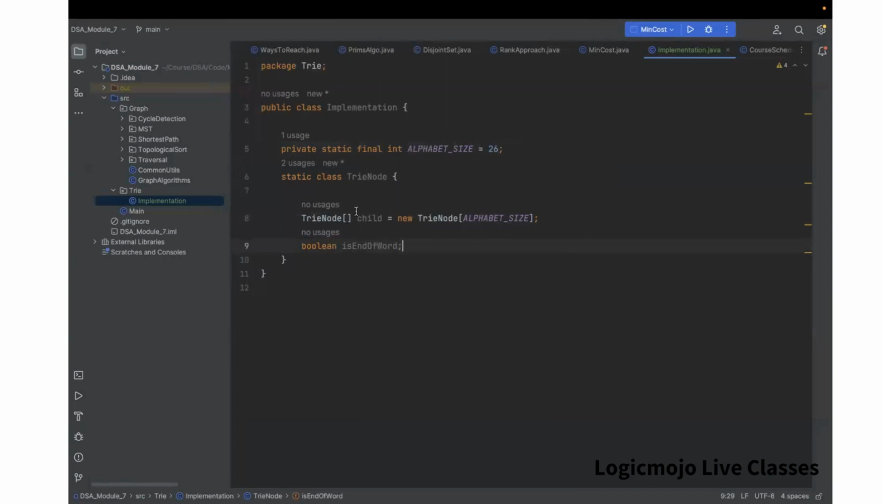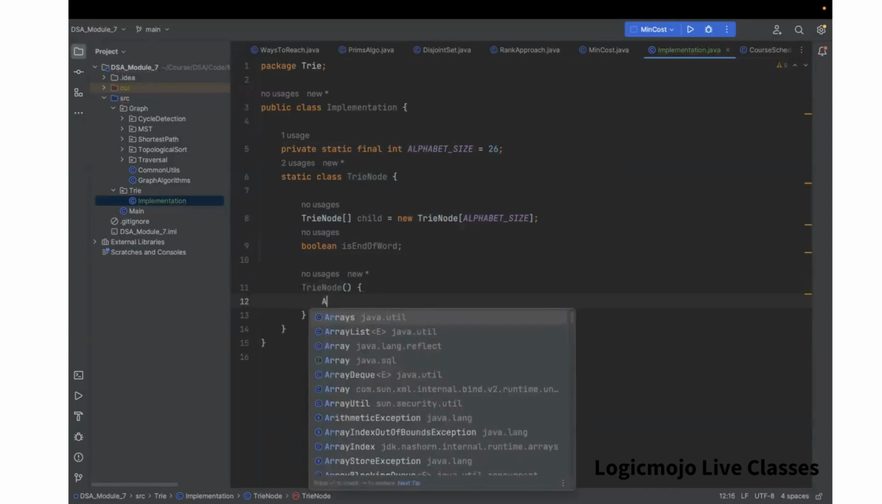Any doubt in this? Okay, so while initializing, one thing we will do is fill all of these children with an empty or null value. So here we can create a constructor for this TrieNode and fill all of them with an empty or null value. Here you can use an array also, or you can use a for